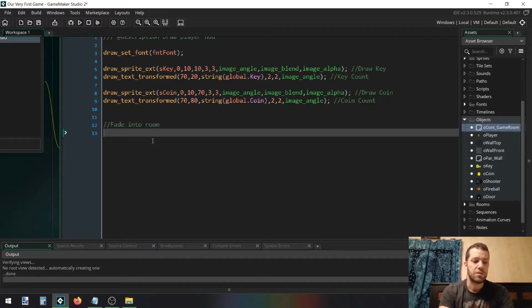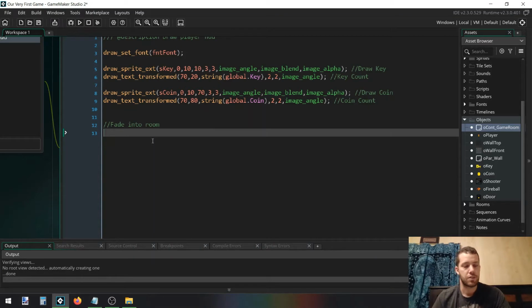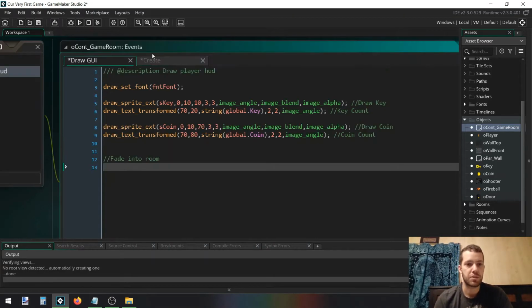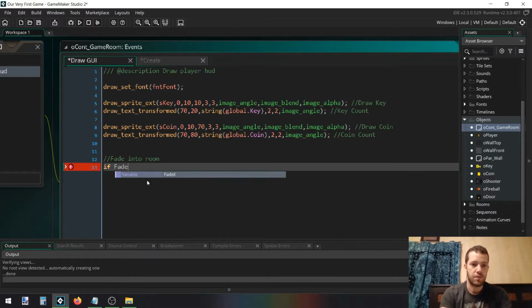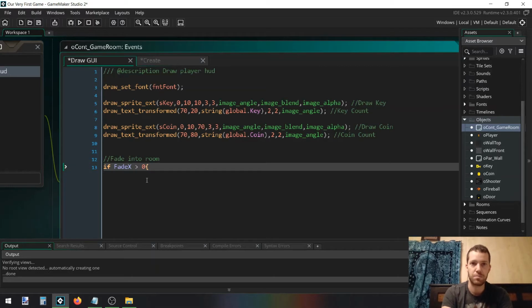What we're going to do is say if, what's the variable we just created? If fade x greater than 0, so if that 1280 is bigger than 0,